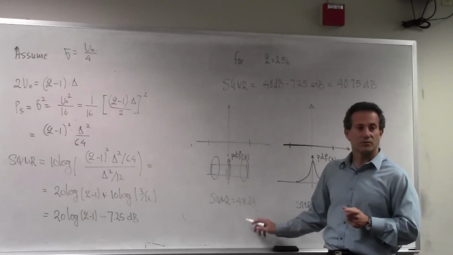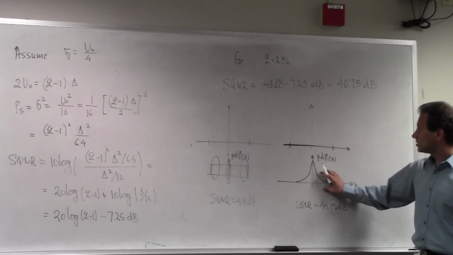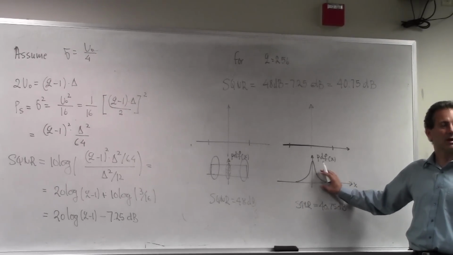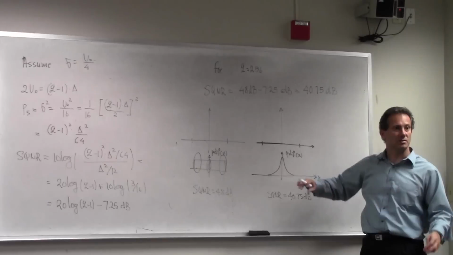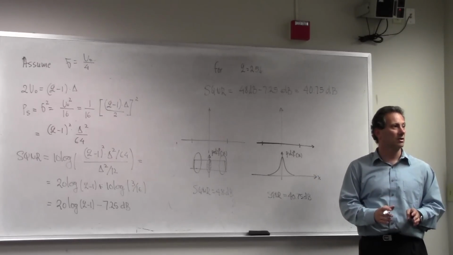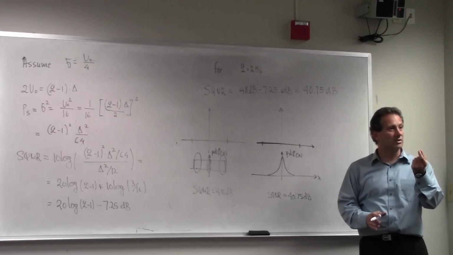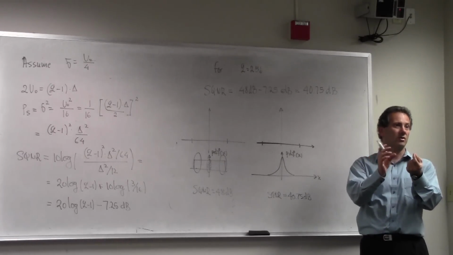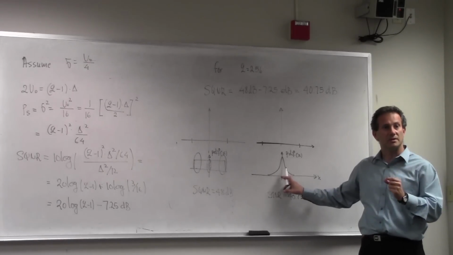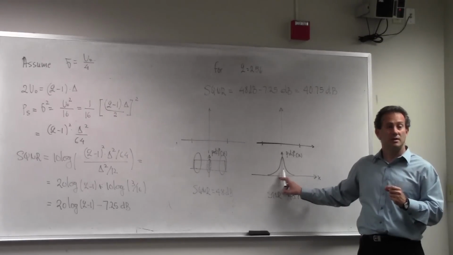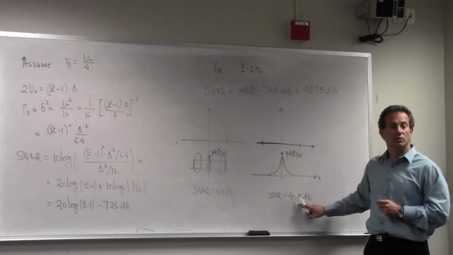So in this part of the input signal range, the signal to quantization noise ratio is relatively large. On average, you get this 48 dB of signal to quantization noise ratio. This signal here spends most of its life around 0, right? Because you have this peak of the PDF that says most of the time this signal is focused around 0. Around 0 is where your quantization error is the largest, because the value of the signal is close to 0, and yet the error can be as large as delta over 2. So your signal to quantization noise ratio, sample by sample, for this signal is relatively small. Therefore, when this signal is quantized with a uniform quantizer, you end up reducing your